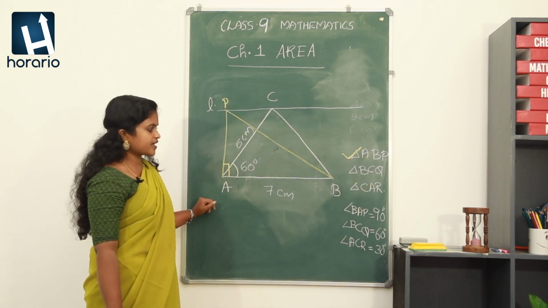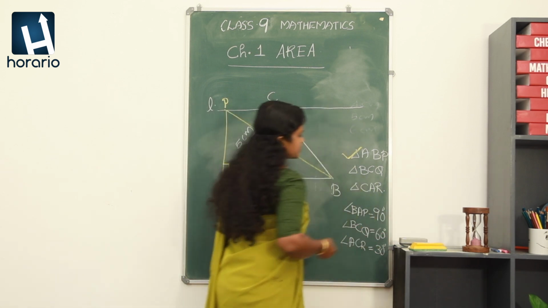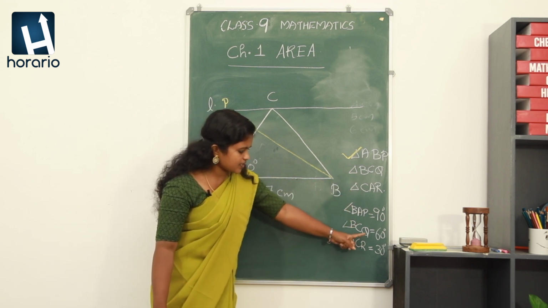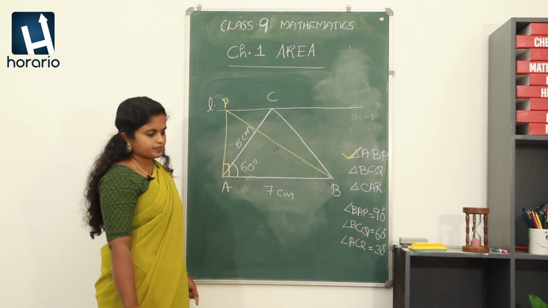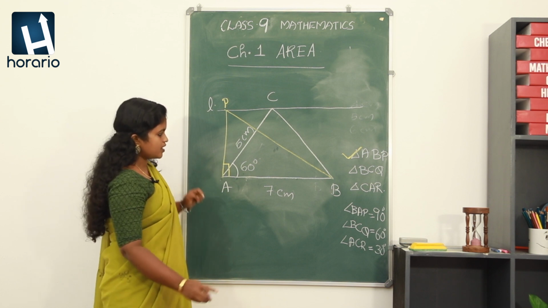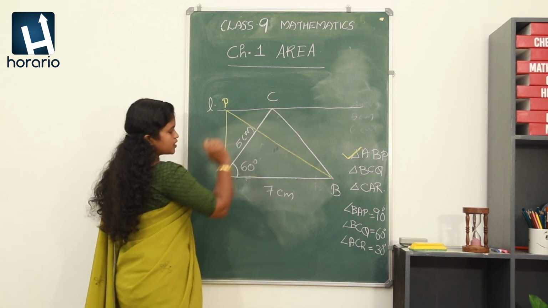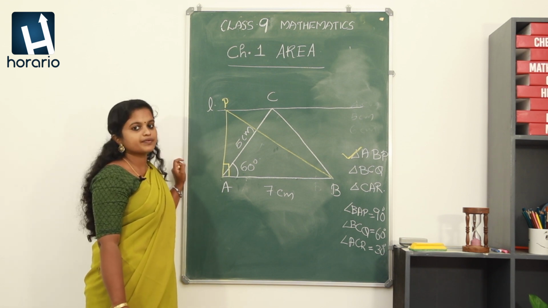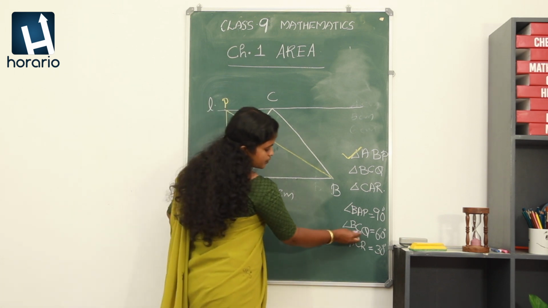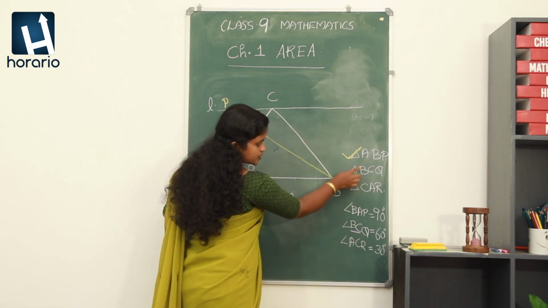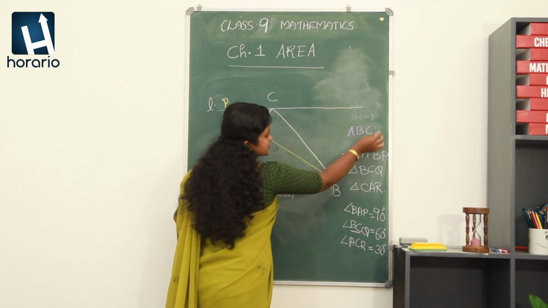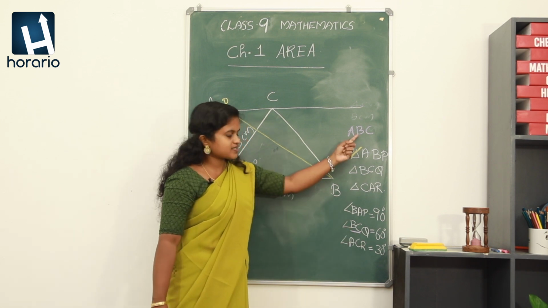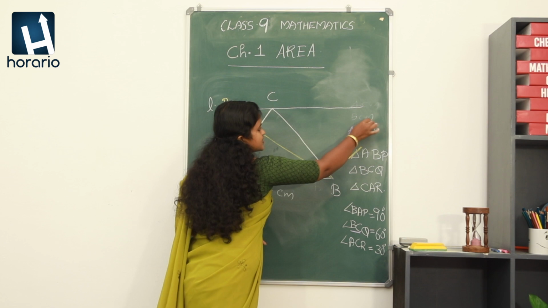Okay. Now, what about the second one, BCQ? How can you do that? BCQ. It is given that angle BCQ should be equal to 60 degree. How can you measure BCQ? Let me take BC. Now, that point Q is missing. So, how can you draw the point Q? What we have to do? Anyway, we are not supposed to change the given triangle. Given triangle was ABC and the triangle to be constructed was BCQ. They both have the same base. What is the same base? Yes, BC is the same base.